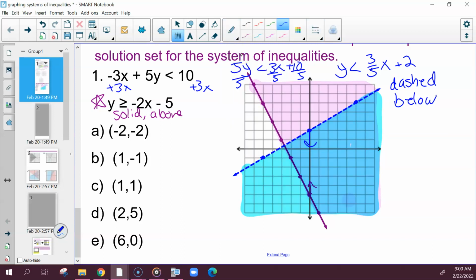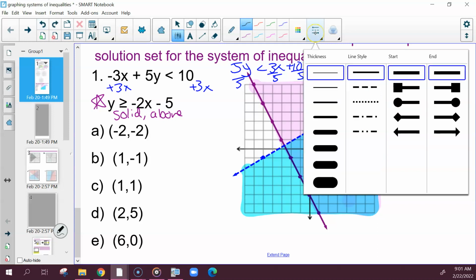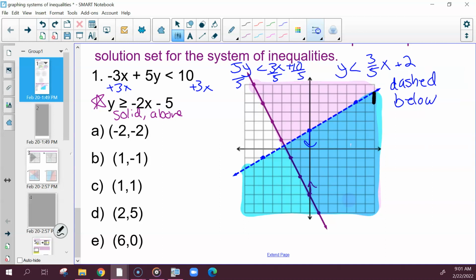So when we do this, you're looking for where the two shaded areas overlap. So if you want to outline it to show me that this is where they overlap, you can do that. Three different colors. No, I mean, just to show what part is which. I'm using pens. Hold it up. Okay,